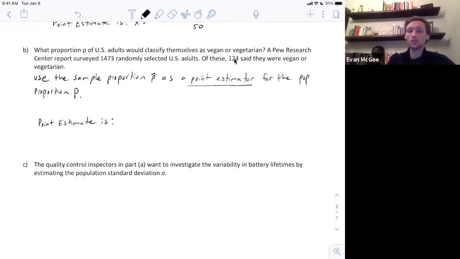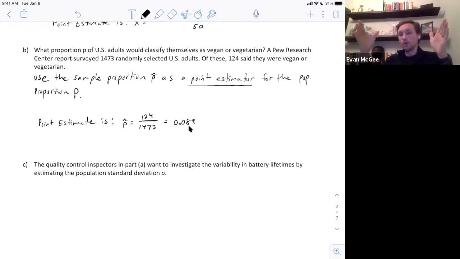So we had 124 out of 1,473. Our point estimate is 0.089. This is our best estimate of the population proportion, but you have to remember it's not going to be exactly equal, so that's where the margin of error will start to come in. We'll stretch out a little bit from our point estimate to try and increase our confidence of actually capturing the